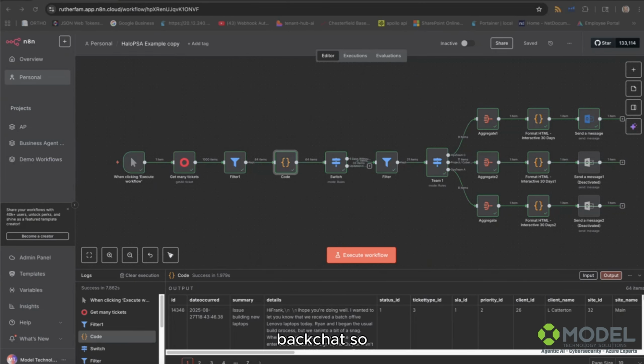Back chat. One of the things that I don't necessarily do in my production workflows, although it's useful to get that information, is just send an email, right? We don't need any more emails. We want it to take action. We want it to do some work. So one of the things we're engineering for our ticketing system is creating a task or a to-do for the engineer, so that it pops on a calendar or creates a calendar invite or something of that nature to take action. In this case, it's very much a monitoring task that I've put together for this. But using an RPA tool, whether it's Power Automate or N8N, or a self-hosted instance of N8N, UiPath,